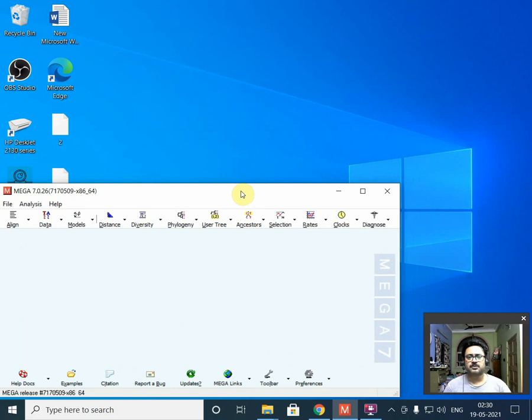So the next question that generally comes to everybody's mind is which particular software, or rather which particular algorithm, should we follow for this multiple sequence alignment, which is going to be the best for my sequence. So the thing is that Clustal W was prepared earlier than MUSCLE, and this was probably the first one.